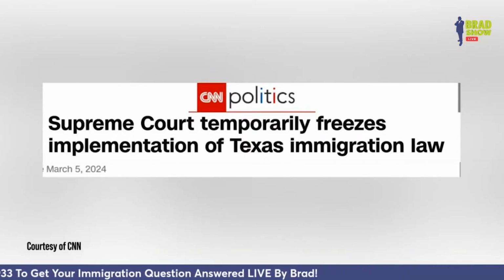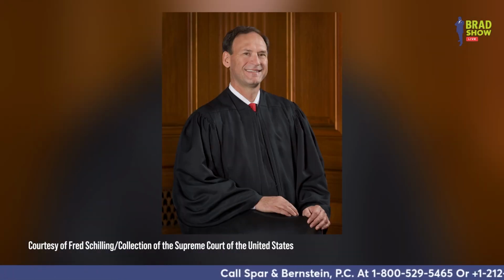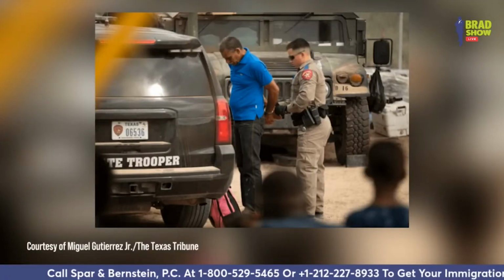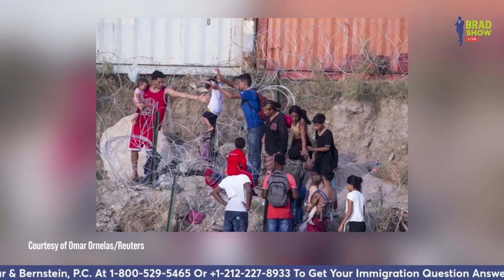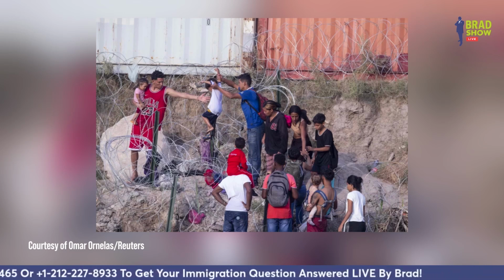And in Supreme Court news, the Supreme Court on Monday temporarily froze enforcement of the controversial Texas immigration law that allows state law enforcement to arrest and detain people they suspect of being illegally in the United States. Justice Samuel Alito issued the administrative hold, which will block the law from taking effect until March 13th. That temporary pause will give the court additional time to review the case, but does not necessarily signal which way